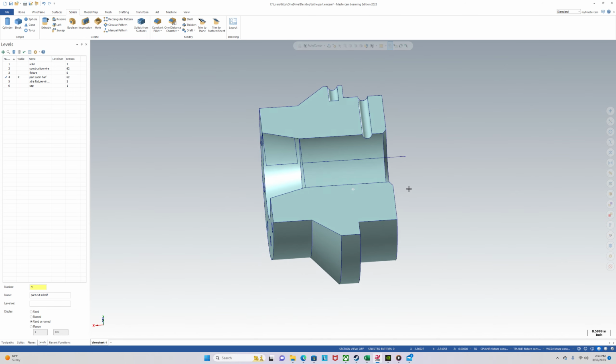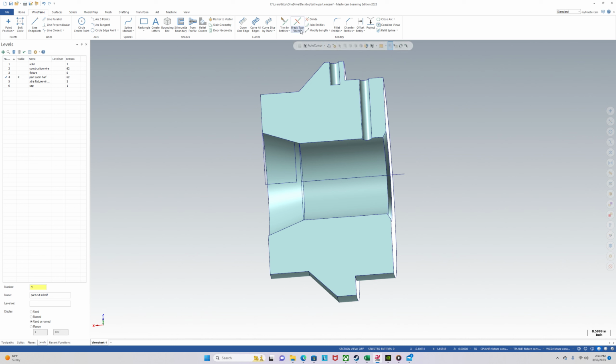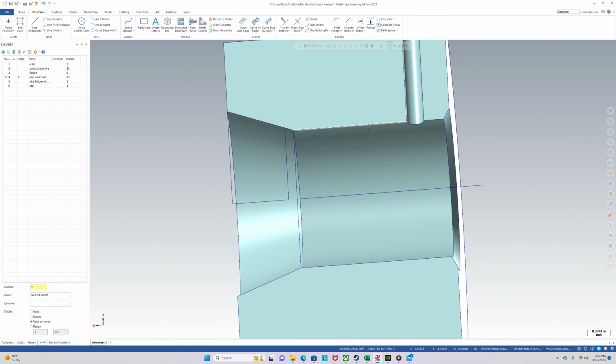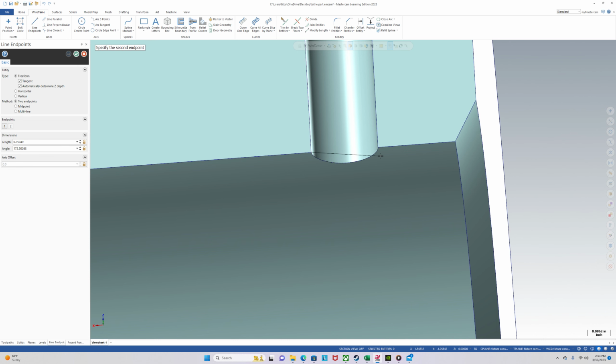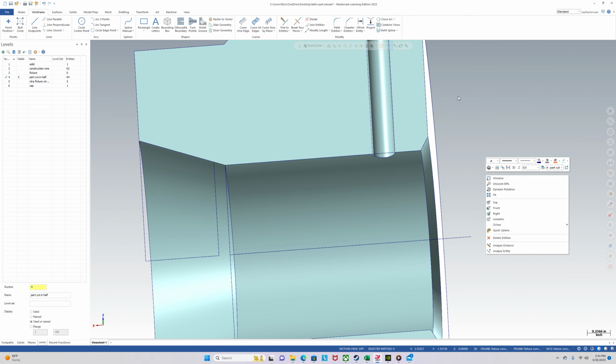So, we got our center line right here. I think we can first break it right there. So that area is done. We will continue this line. And then